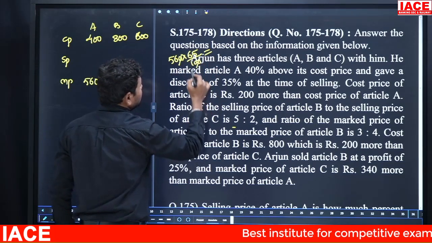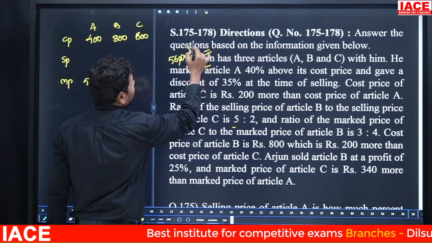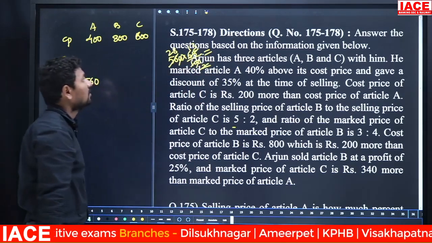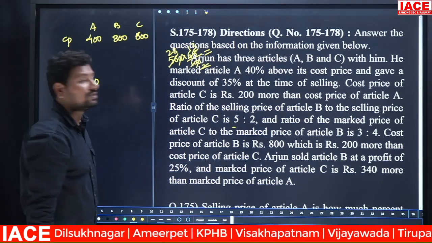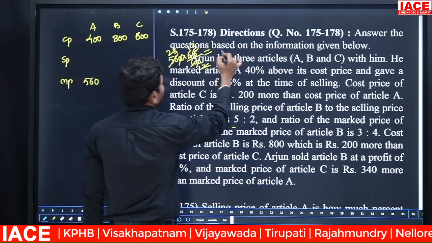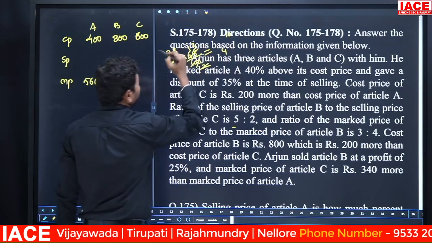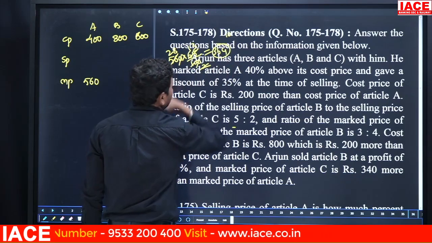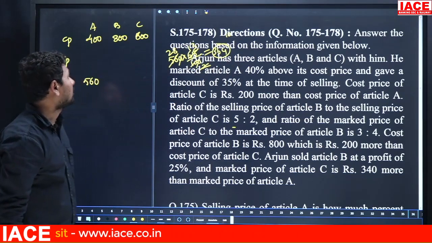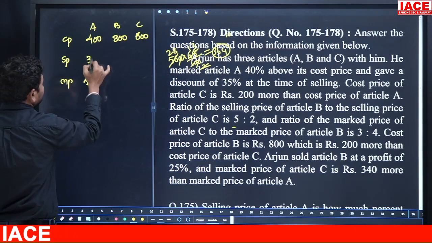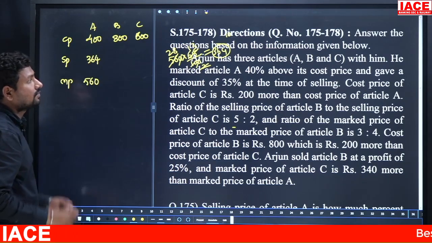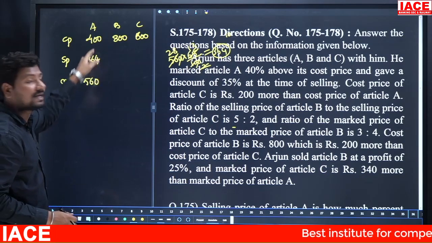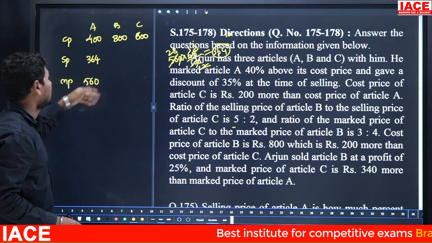The 0 will be cancelled. 5 2s and 5 13s. 2 how many times? 28 times. Then we will multiply both the numbers. 13 8s are 104, carry forward is 10. 13 2s are 26. 26 plus 10 is equal to 36. Then finally, the product is sold for how much rupees? 364. 364 means now do you get a loss or profit? Loss. The product value is 400. It is sold for 364, which means 36 rupees loss. The market price is 560 also.